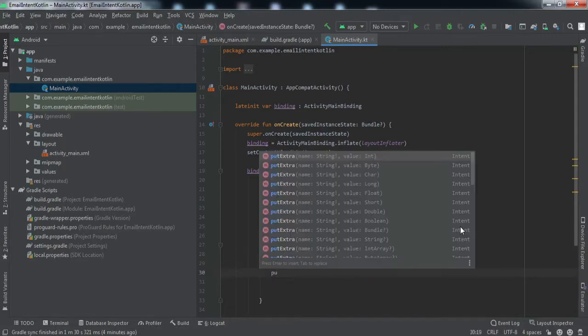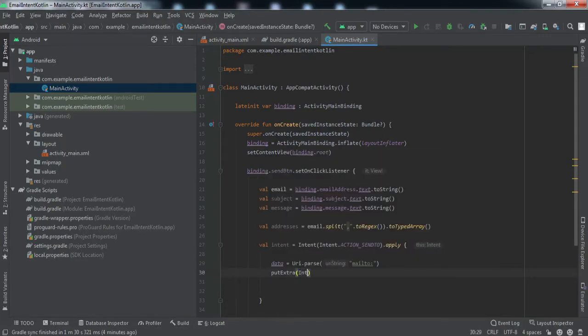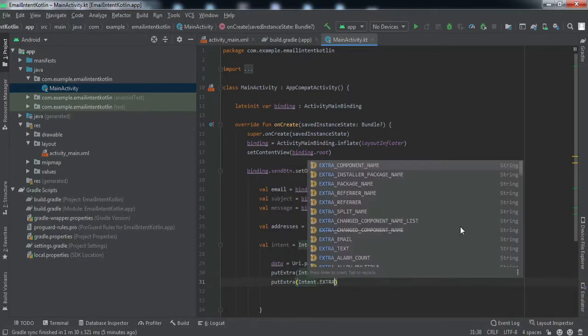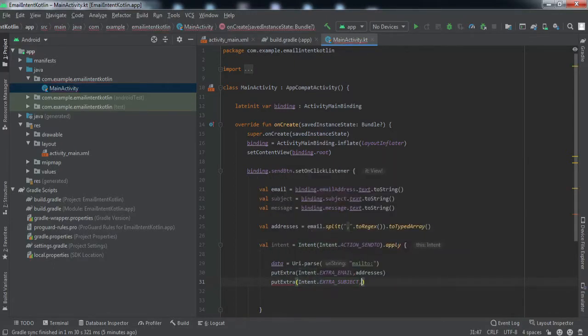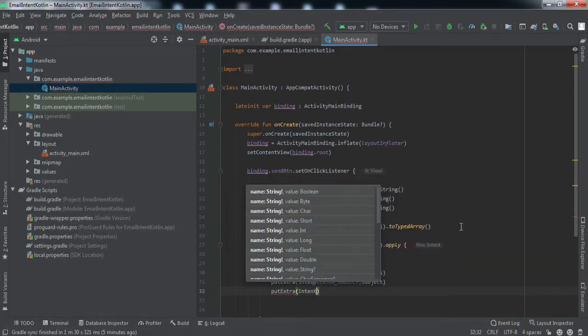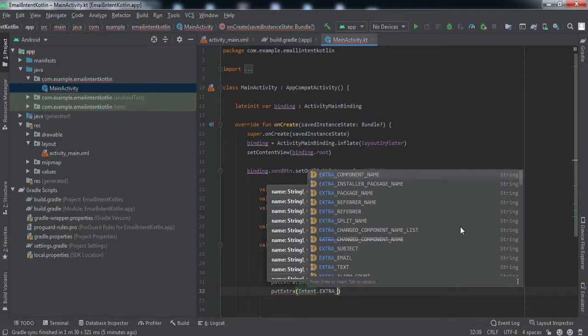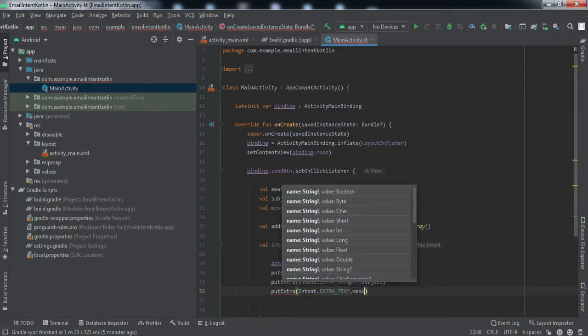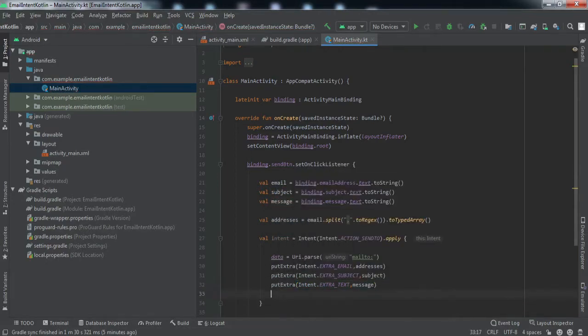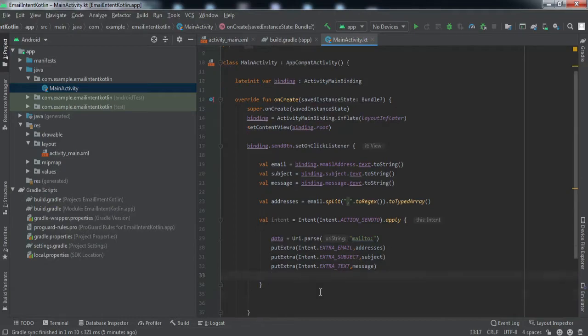So this line of code will ensure that. Now we'll put all the data. So we have put all the data along with this intent, right? We have put in the email addresses, the subject and the text.